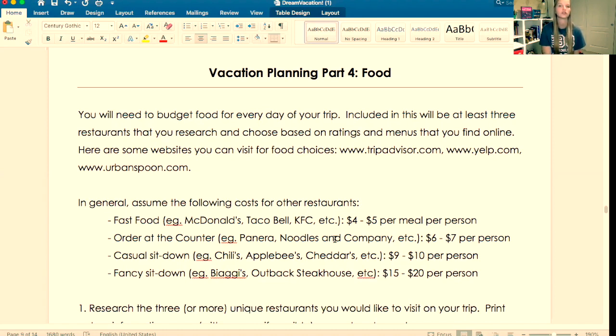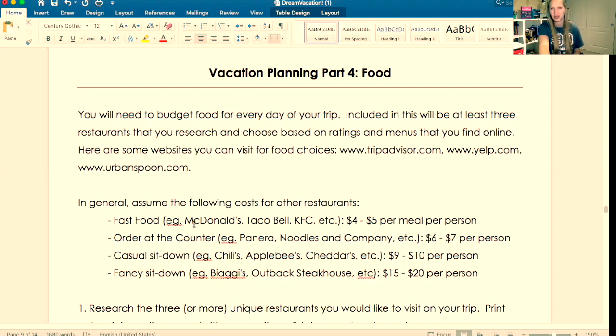So things you can go to: Yelp, use all the time, TripAdvisor, Urban Spoon. These websites you can just go to and check things out in the area that you're staying. So say you're staying in Portland, Oregon, downtown Portland. So you type in downtown Portland into Yelp, and then you kind of look up from there.